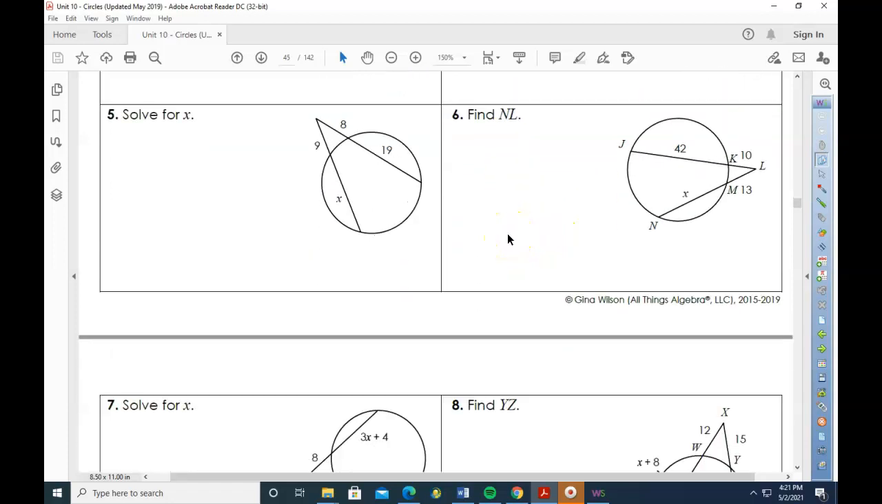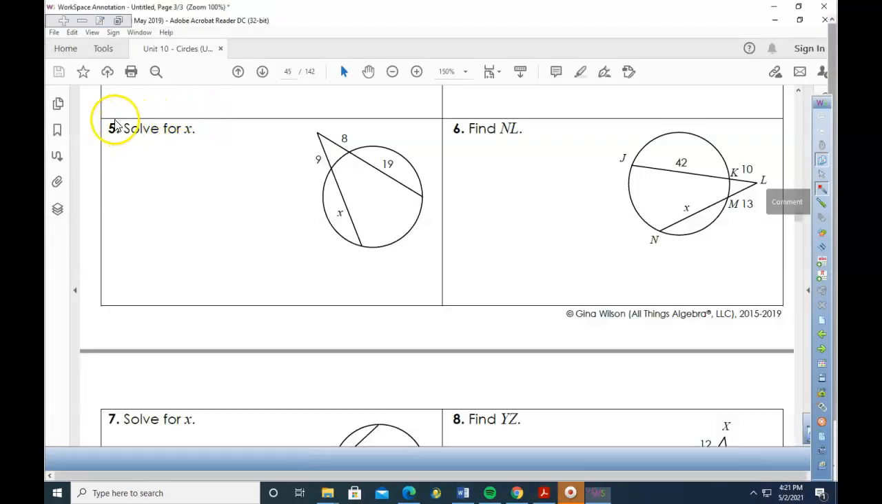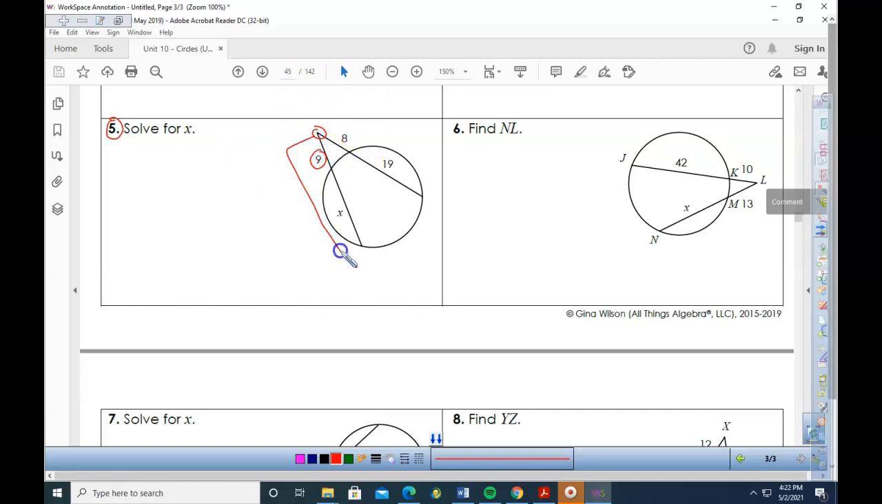Let's take a look at number 5. On number 5, my angle is now on the outside. So this looks very similar to type 2. According to type 2, I do 9 times this whole length, which is going to be 9 plus x. When you combine those, you get the whole length. Segment addition postulate from 1.3, let's go. So I'm going to do 9 times 9 plus x